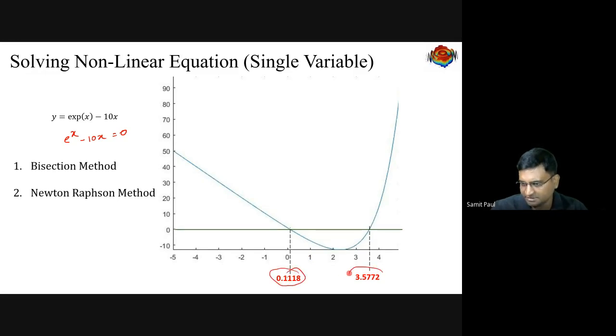Now, how can we implement it numerically to get these values? We want to get these values where the function will have 0, or root. To do that, I am going to demonstrate two methods. One is the bisection method, another is the Newton-Raphson method. And I will introduce two MATLAB functions. Without knowing the details of the bisection method or the Newton-Raphson method, you can just use those two functions and get these results.